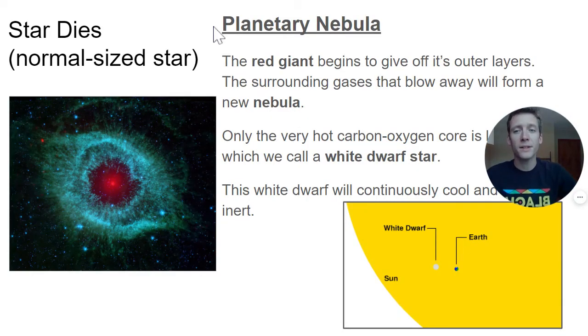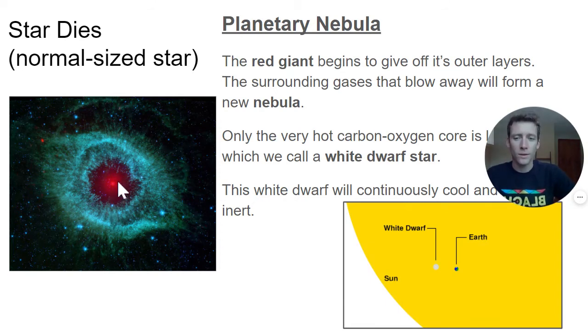Let's talk about the planetary nebula first, as that's how our sun will die. During this stage, again, it all depends on how much gas you have in your fuel tank. Do you have the ingredients for nuclear fusion? When stars run out of what they need for that nuclear fusion reaction to occur, the star puffs out its outer layers, its outer atmosphere, in what we call a planetary nebula, and leaves behind